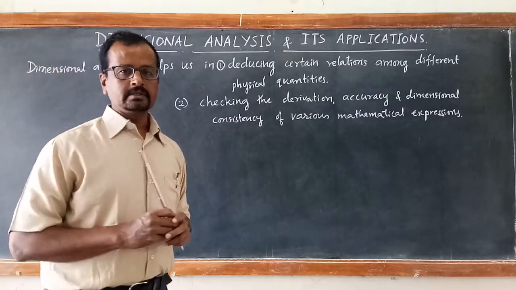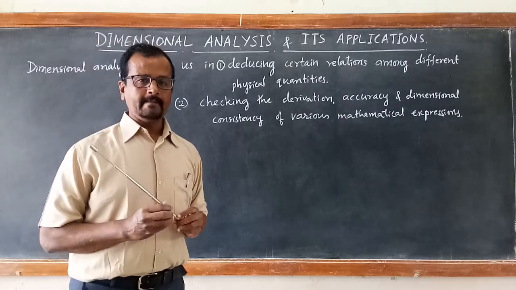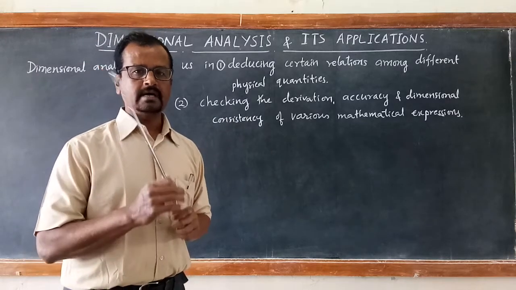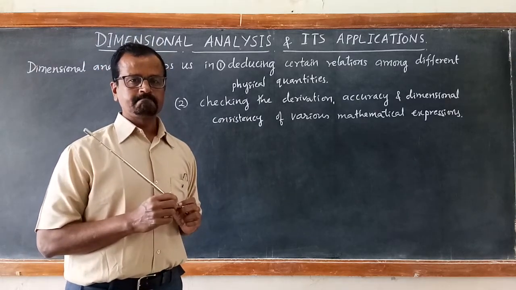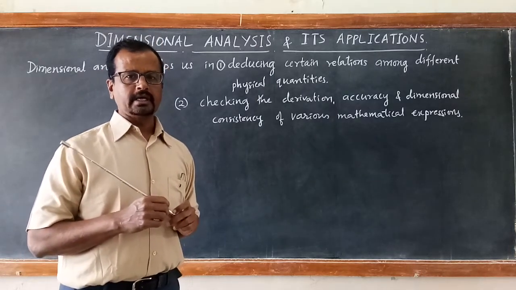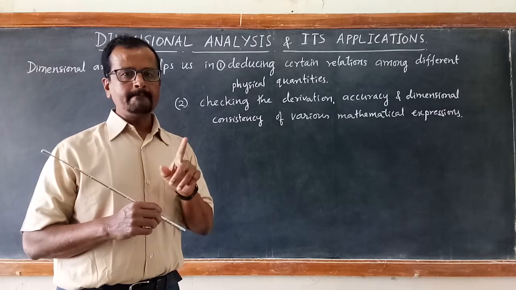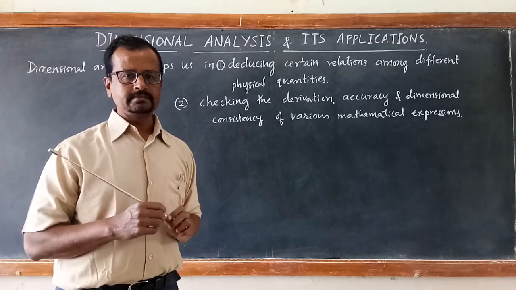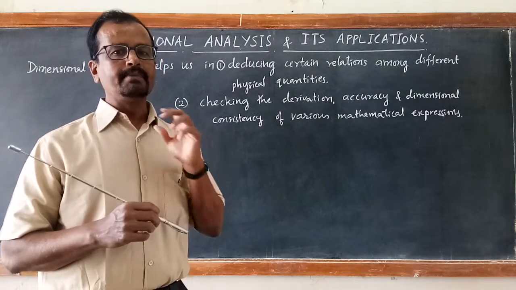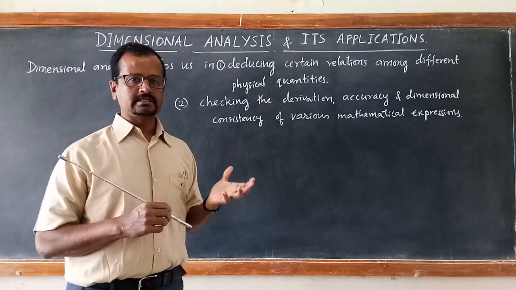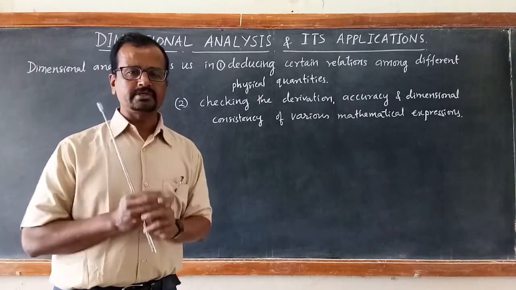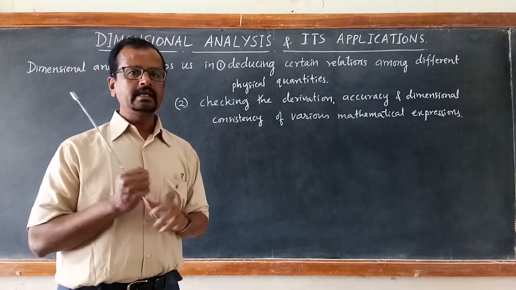You will come across different physical quantities, and certain physical quantities will have the same dimensions. For example, momentum. Momentum is mass into velocity, so it has a dimension of m L t raised to minus 1. Similarly, we will learn another quantity called impulse. Impulse is calculated as force acting for a short duration of time. Force into time duration, F into t, gives us the impulse.